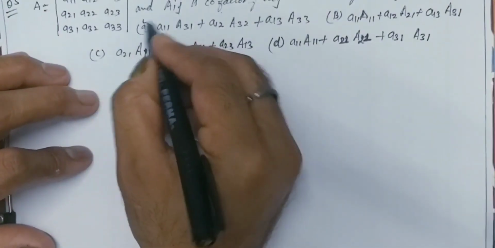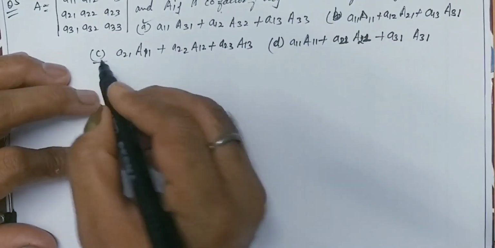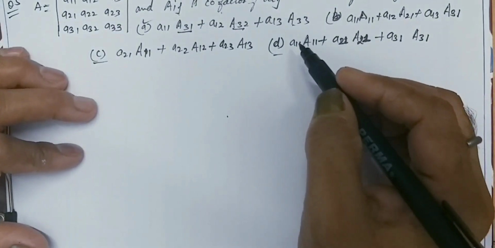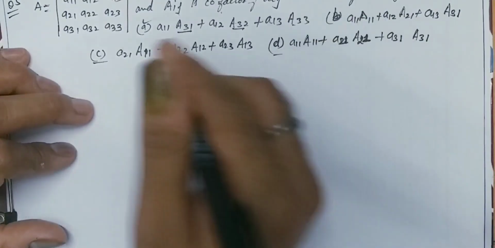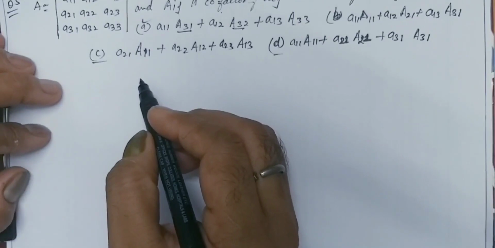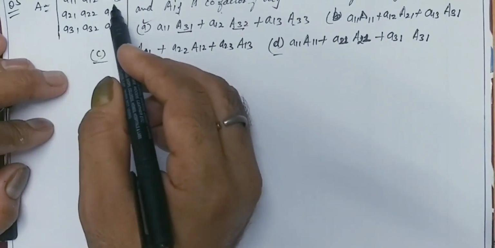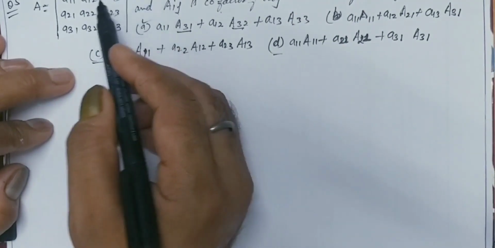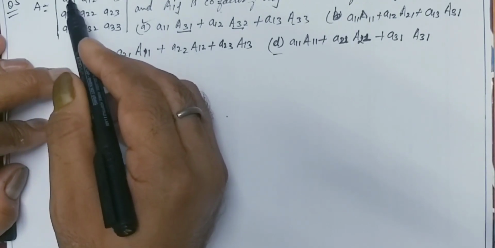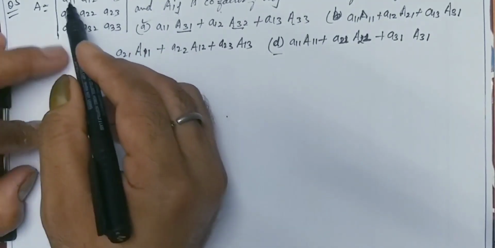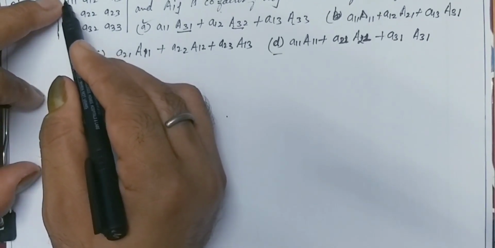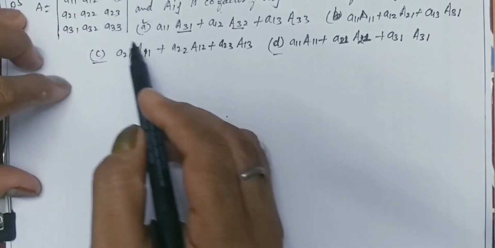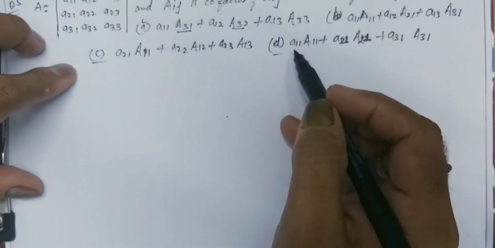Now look at all the 4 options and observe them minutely. This capital A belongs to cofactors and small a belongs to the elements of the determinant. Now remember at the beginning of this chapter, when we were evaluating or expanding through R1 or through R2 or through R3, most of the time we did it through R1 only. So what we used to do: a11 first element, then into its cofactor, same element and same cofactor, and then a12 then its cofactor, and then a13 and then its cofactor. That only they have given in the formula form.